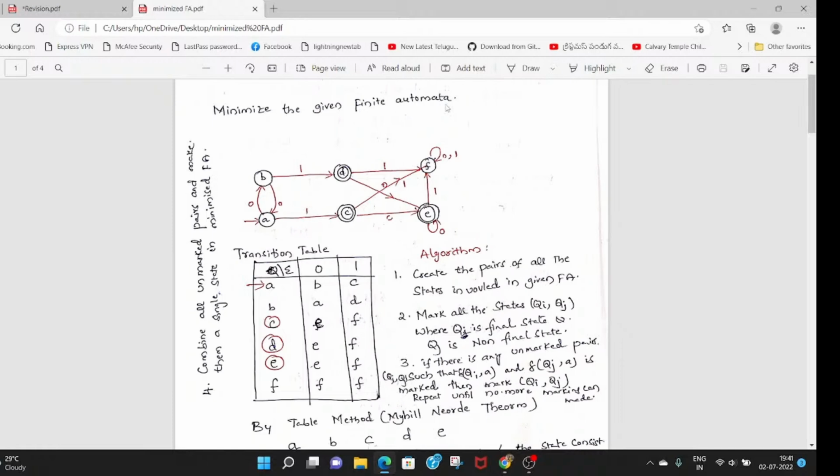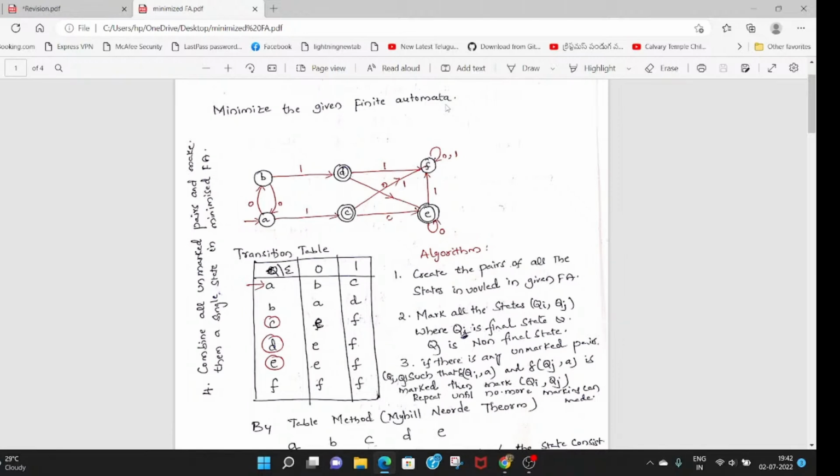So this is a question given for you. Here A is the initial state, and C, D and E are the final states. The possible inputs are 0s and 1s. They have given a transition diagram, and depending on that transition diagram,